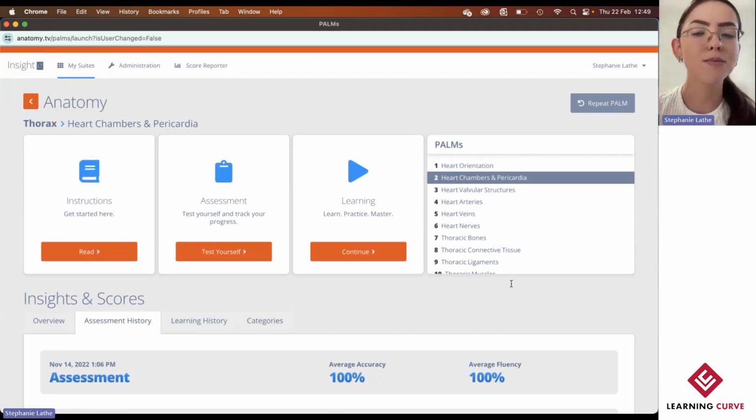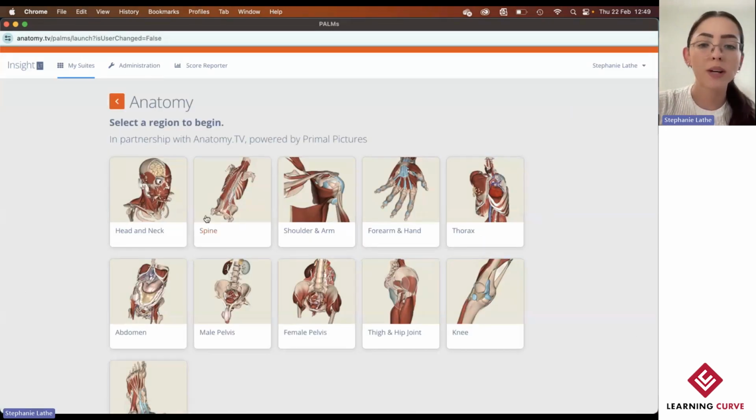Okay, so that is PALMS from the student perspective. At any moment, they could go back and change what anatomy they are working on. But let's now take a look at the facilitator